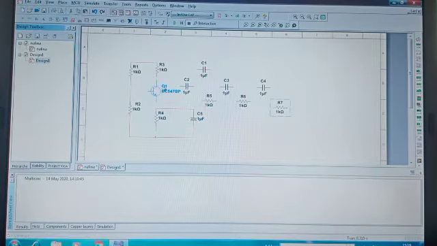Now we'll do the connection. Just rotate this and this one also.